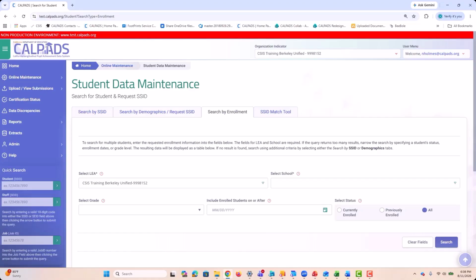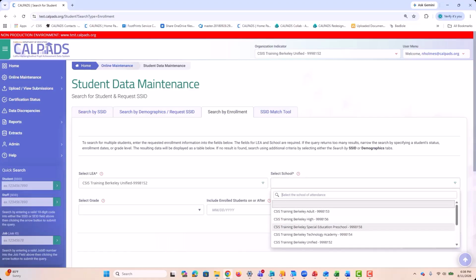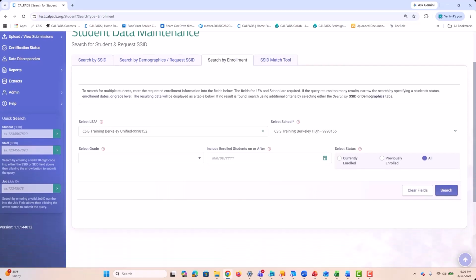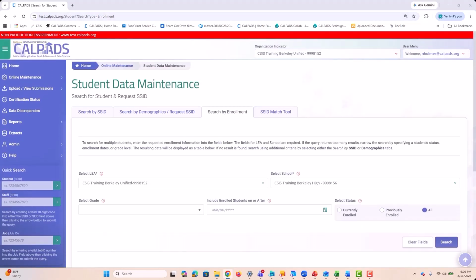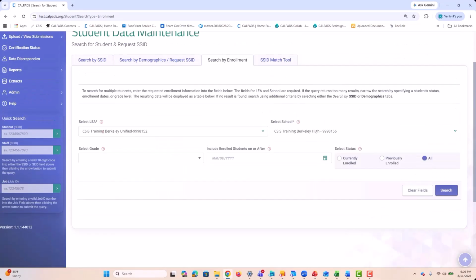So here on the search by enrollment tab, we have to enter a school. And most likely you have to populate more information to narrow your results. This is just a simulation site, the test environment. So if I go to the top, you can see non-production environment test. We don't have a lot of data here. So I'm going to click search,